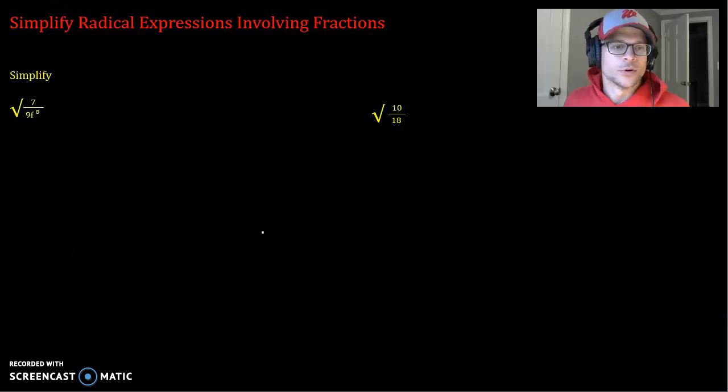All right, in this tutorial, we're going to simplify radical expressions that involve fractions. Now, it is a little bit different when it comes to radicals over both your numerator and your denominator. The more important thing is dealing with your denominator, and we're going to focus on how that little wrinkle gets